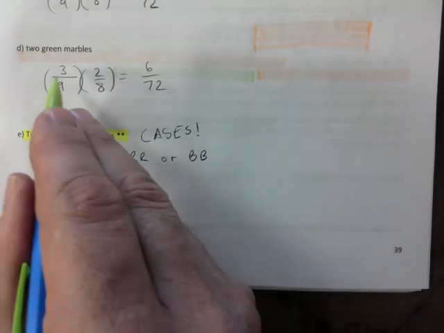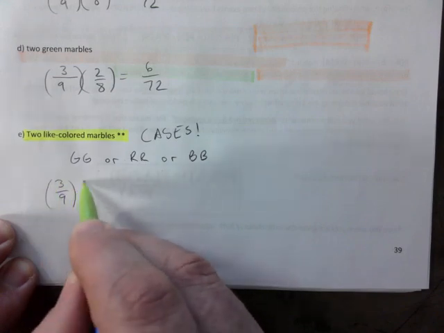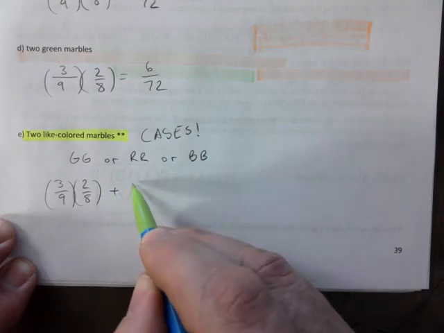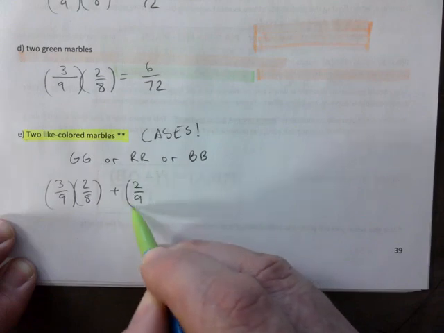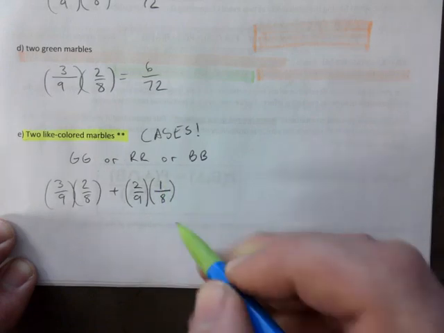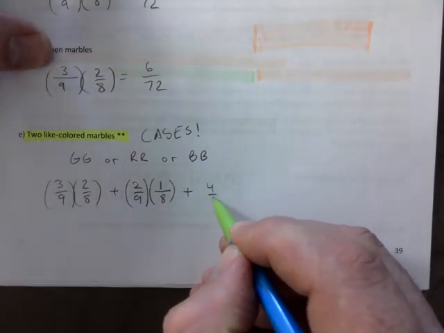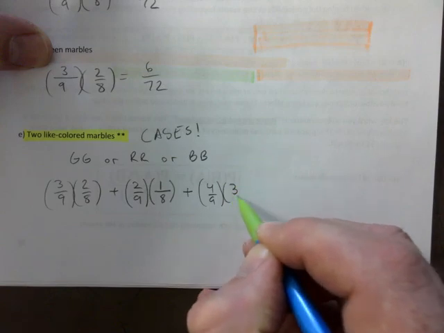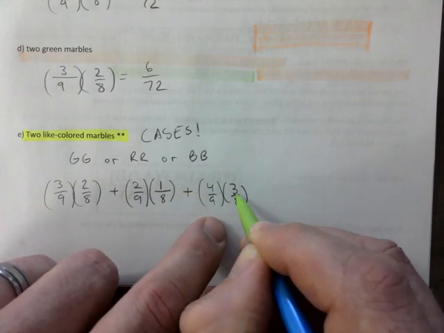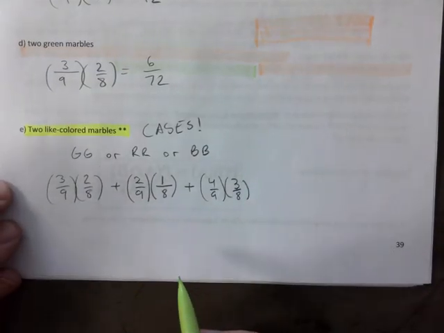Green, green, we already did that up here. I'm just going to show you here. 3 over 9, 2 over 8, plus red, red, we haven't done that one, so we'll just quickly do it. 2 over 9, and then we're down to 8, and we only have 1 red left. Plus blue, blue, I think we did that up here. 4 over 9 times 3 over 8, right? It goes down by 1 in the total. It goes down by 1 when it comes to the blues. That ends up being,